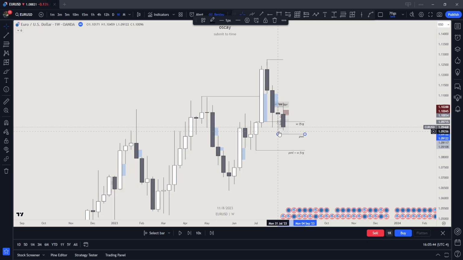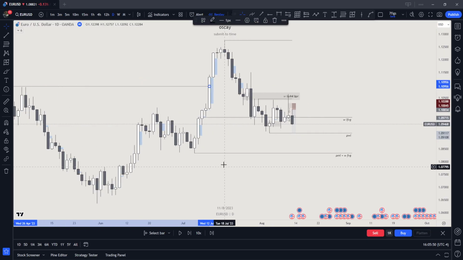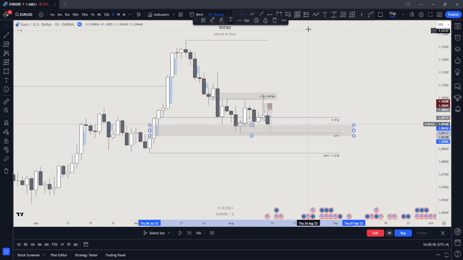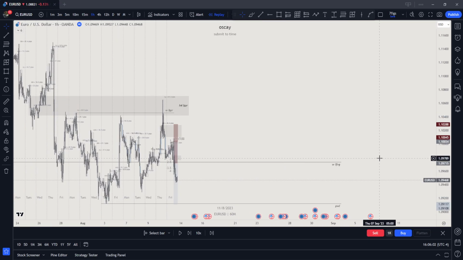Yeah, we failed to push up from the weekly propulsion block, so I'm expecting downside. What's the first array that can push us back up? This swing low, this fair value gap. So much noise on the chart, man. What's this? Weekly inverse fair value gap. It's at my entry.